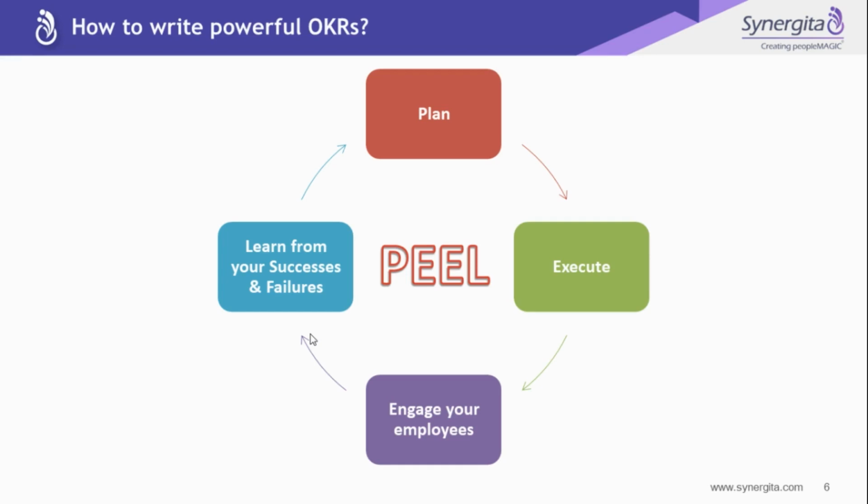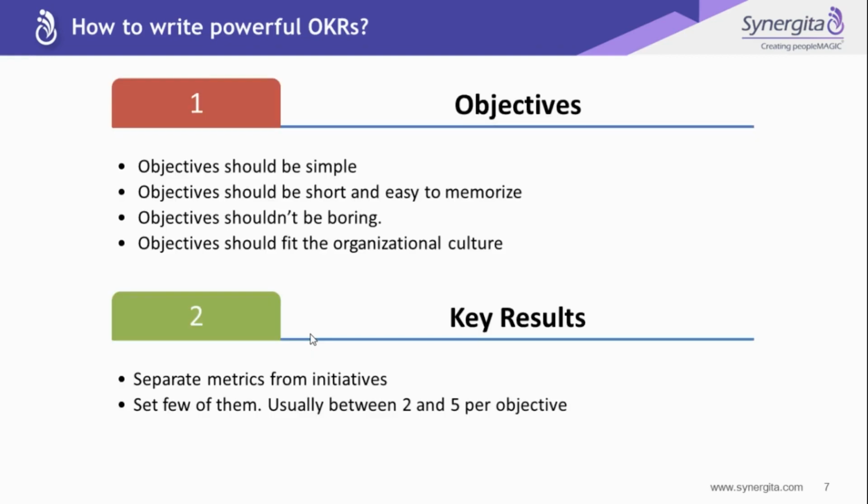First you have to define an objective, sit with your team, plan accordingly, and then execute the results, engage all your employees right from ground level to the top level, and learn from all your successes and failures. When you're setting an objective, just make sure that you follow this rule: what is intended to be achieved and an expression of your goal. When writing your objective, you must follow the following requirements. It has to be ambitious, inspirational, concrete, action oriented, and not fuzzy.